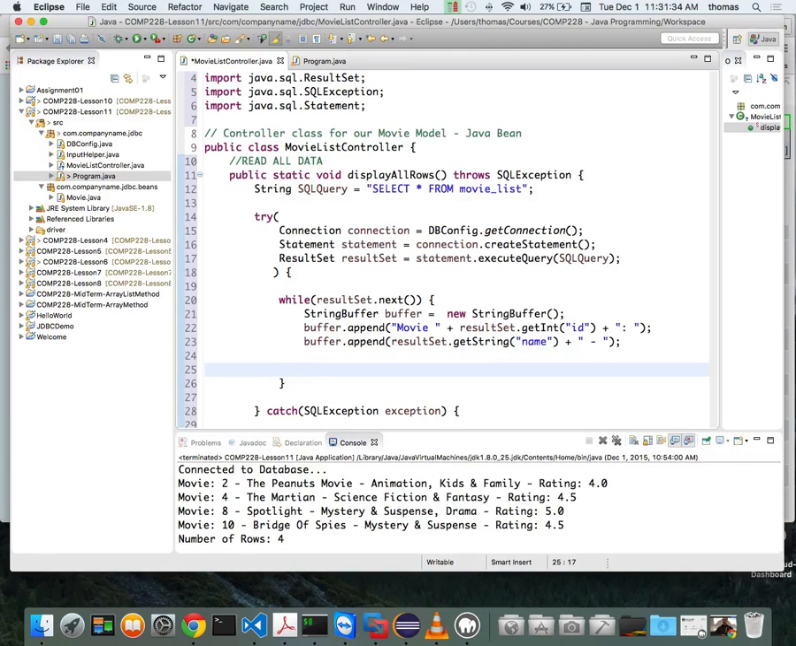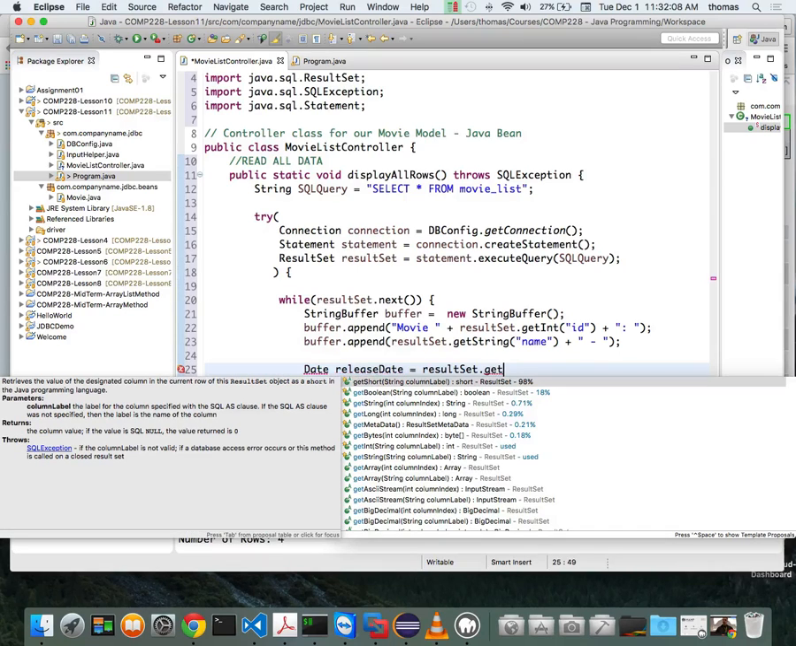All right, so that's two things, and then we want to create a temporary date variable to spit out, because a date variable requires a little bit more work, like we said before. So I'm going to say date, and what type of date is it going to be, people? I'm reading from the database. What type of date should it be? SQL date. So I'm going to do date, and call this release date, just a temporary variable, which is equal to result set dot get date,